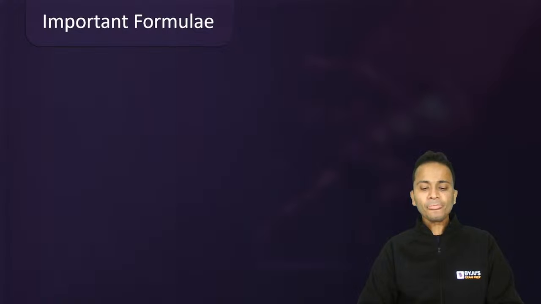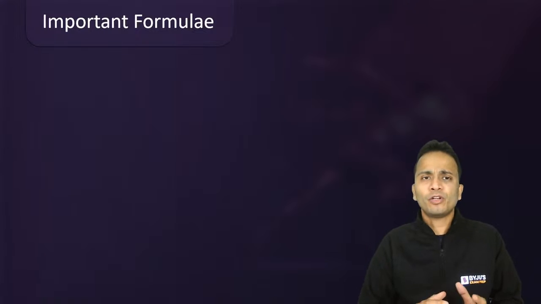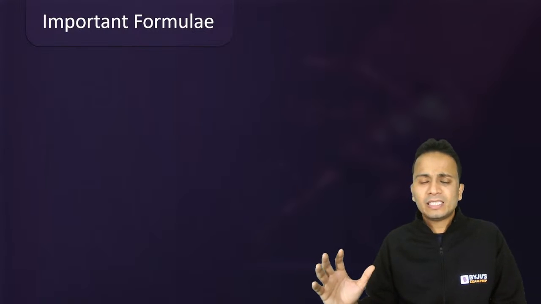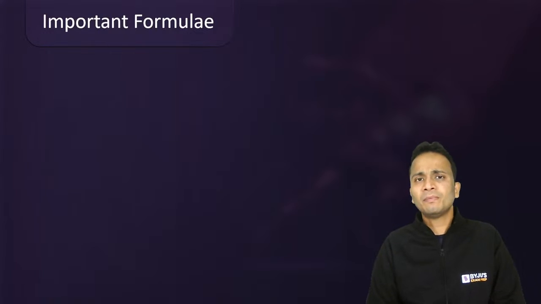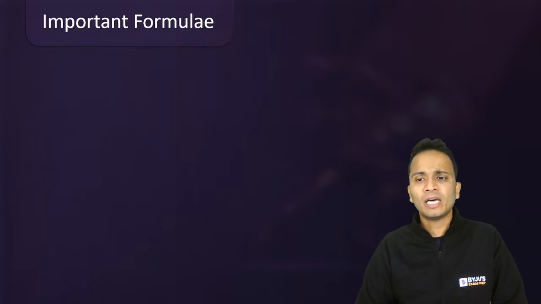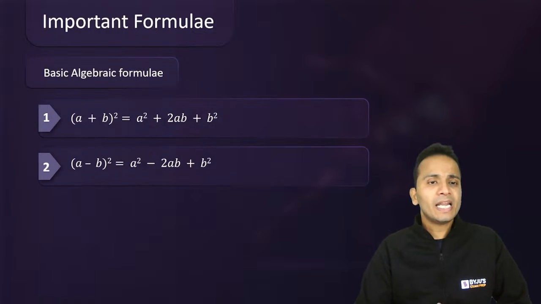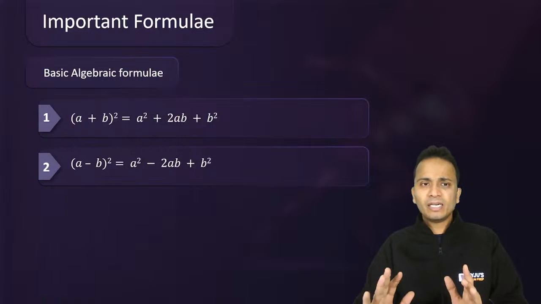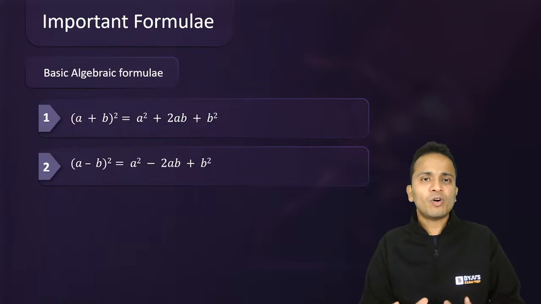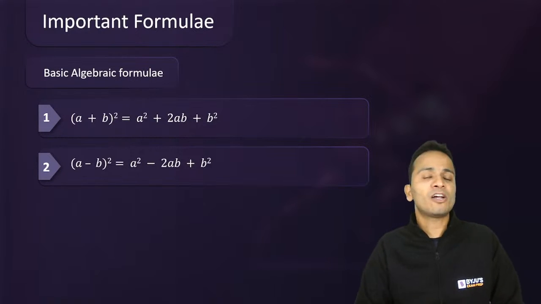Like it can be one of the areas from which questions can be asked in the IFT examination. Now let us get down to business. For the first 5 minutes I'll be taking you through some of the important formulas of algebra, and then we'll start solving some of the questions. We'll look at the important formulas, and then quickly come to the business of solving questions. Some of the algebraic formulas relate to (a plus b) whole square and (a minus b) whole square. I will not be deriving any of these formulas. I'll just show you these formulas so that you can have them in your mind for the next half an hour or 45 minutes.